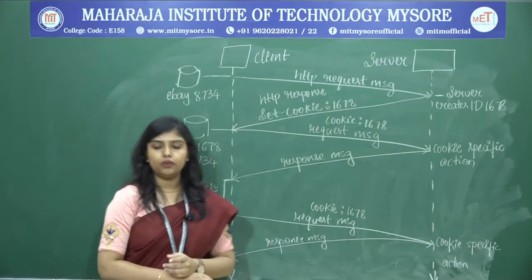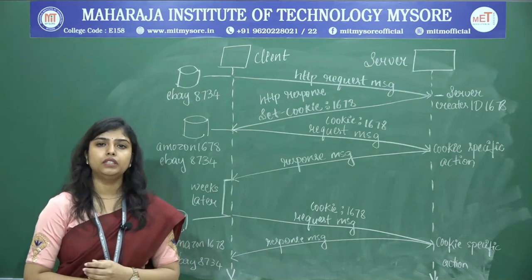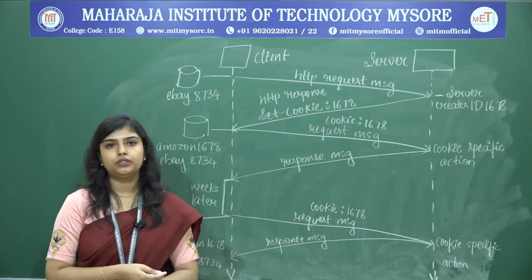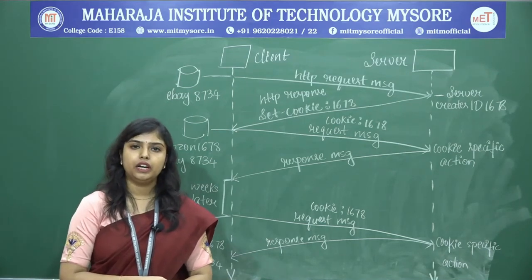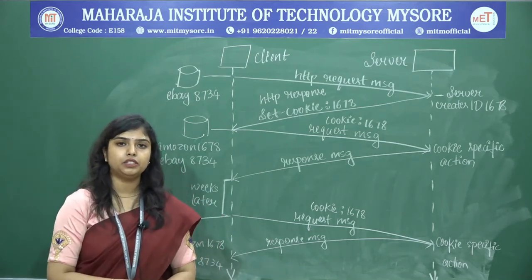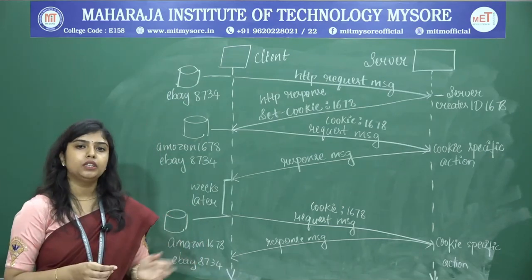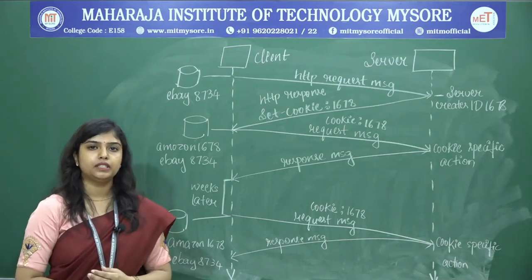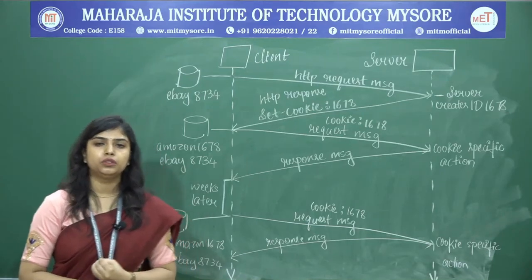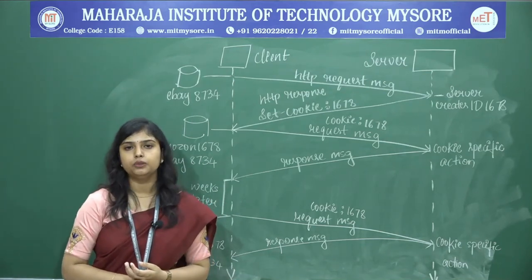Why do we need to have a cookie? What is the use of storing the user information? You might have seen recommendations. Now, if you open YouTube and if you have searched a few videos, let us say you have searched computer networks videos, after a few weeks if you open YouTube, you will get recommendations of other related topic videos, isn't it? That means, what the user is searching, what product the user is interested in, that information will be saved by the server, and the same could be used to give recommendations to the user. For this purpose, cookies are very useful.